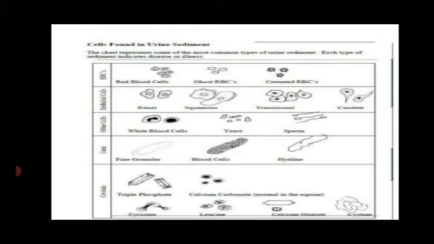So here is the epithelial cell diagram, like renal, squamous, transitional, and caudate. Other cells are WBCs, yeast cells, and sperm. These are the diagrams of different cells. In casts, you can see blood cells and hyaline casts. In crystals, there are different shapes like triple phosphate, calcium carbonate, leucine, tyrosine and calcium oxalate.